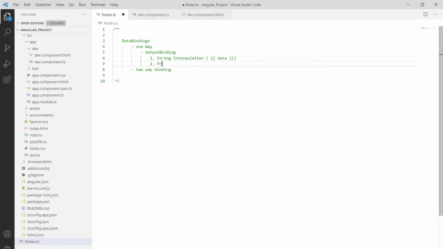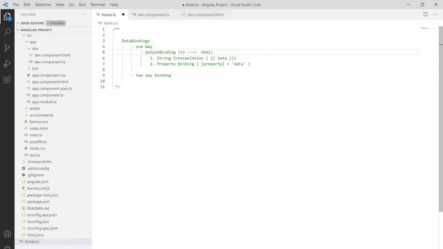Let me show it as property binding over here. Property binding is simply where we give some name as the property and then put the name as data over here. This is from TypeScript to HTML, as I already showed you.